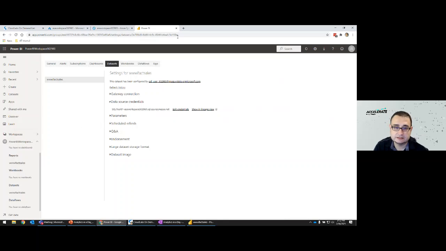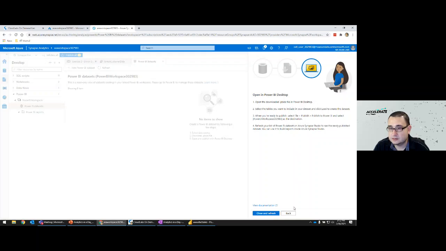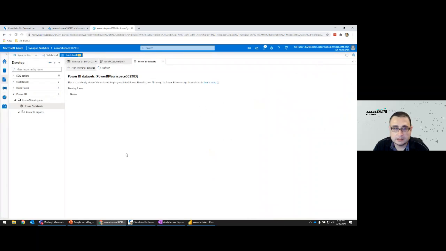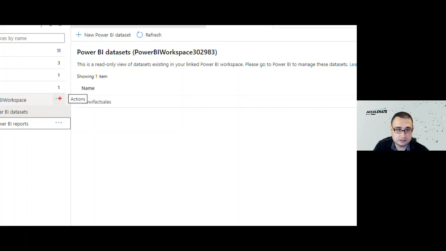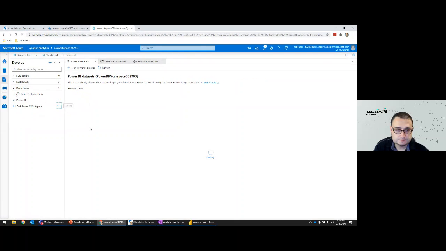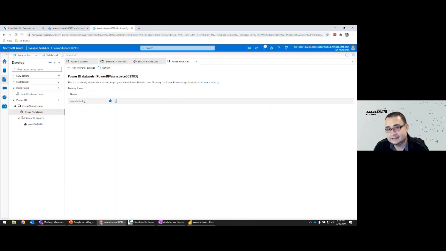That's a whole other conversation, but just keep in mind that you need to specify those data source credentials. Now that you have specified those data source credentials, we can go back and we should see that dataset here. If you don't see it, make sure to click on the ellipsis and click on refresh. And now we should see that Power BI datasets here. We should see the report because every time you publish a dataset, a report gets populated. So that's why you see that here. But we're going to work today with the Power BI dataset.